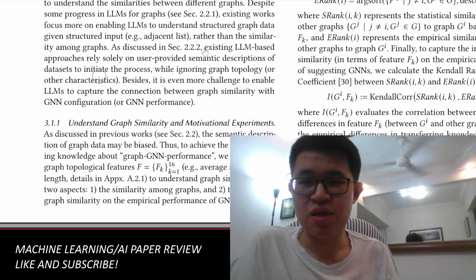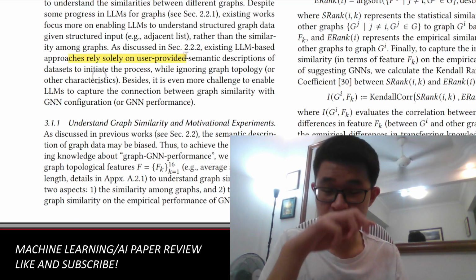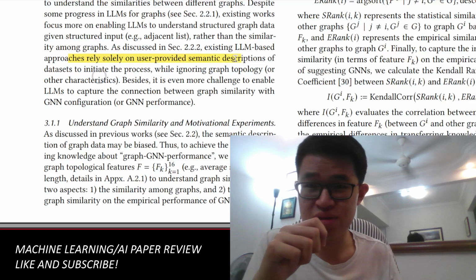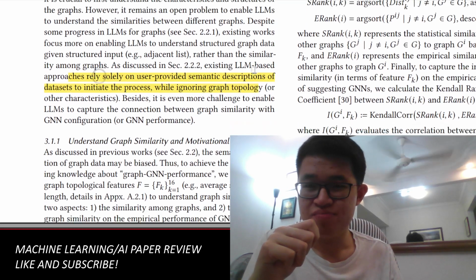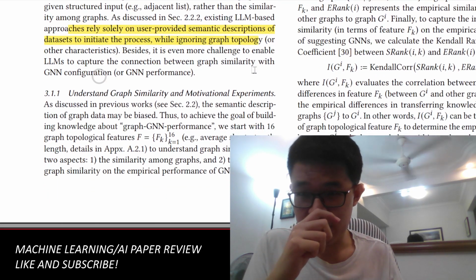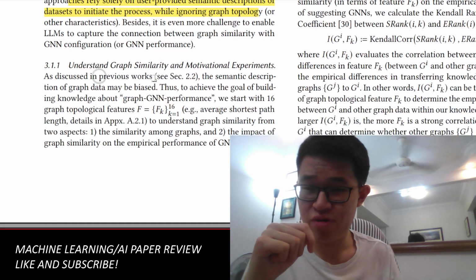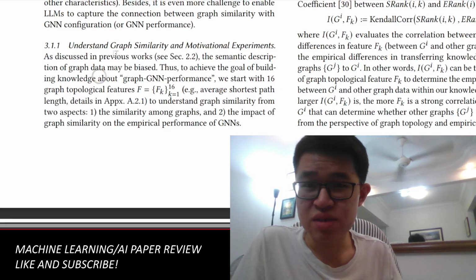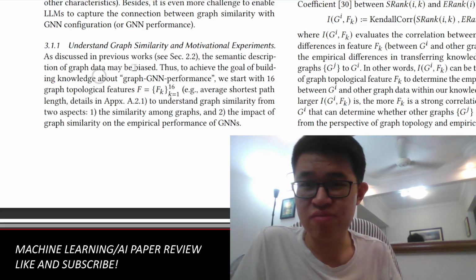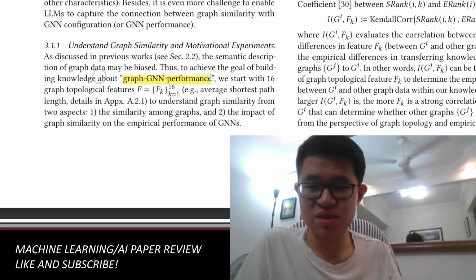Existing LLM approaches rely solely on user semantic descriptions while ignoring graph topology. As discussed previously in previous works, the semantic description may be biased, thus to achieve the goal of going from graph to GNN performance,